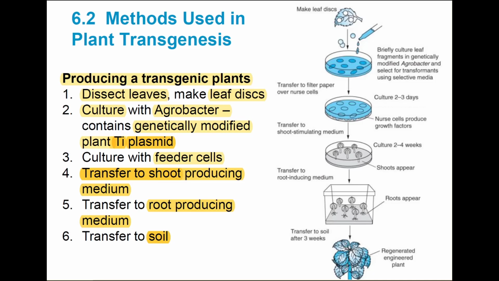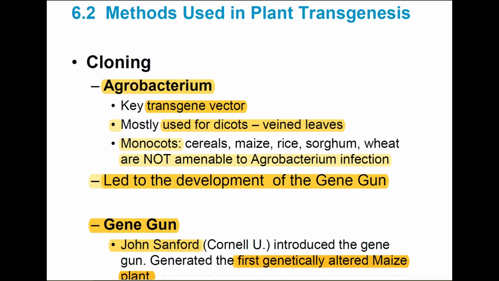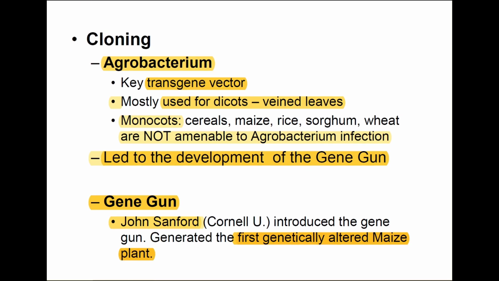Agrobacterium, key transgene vector. Right? It's like a little suitcase for getting genes in the plants. Mostly used for dicots. The world of plants is divided into monocots and dicots. Monocots tend to be things like grasses. It includes corn. Dicots are things with big, broad leaves that are not monocots. So this is the world of plants. Specifically,